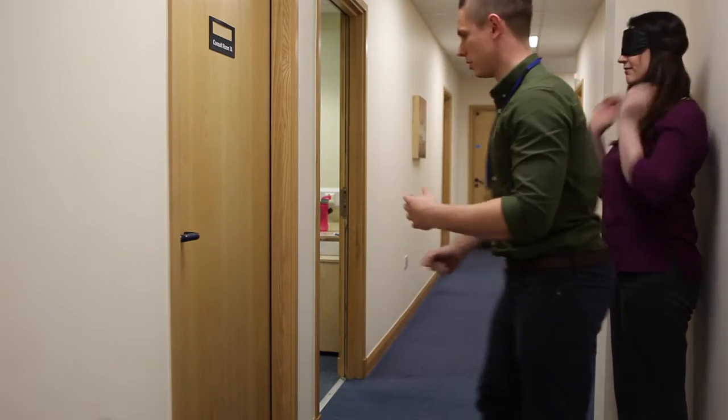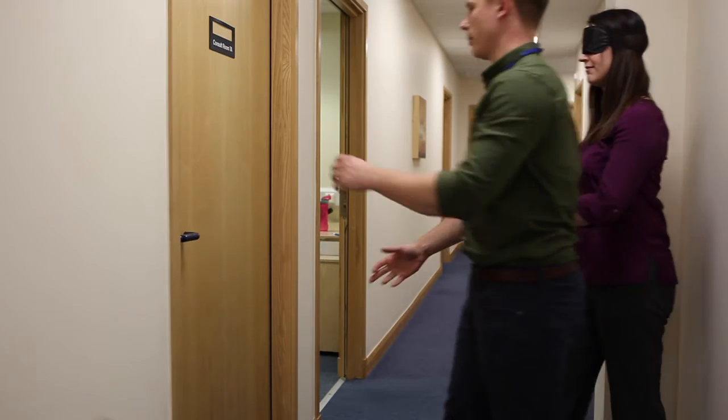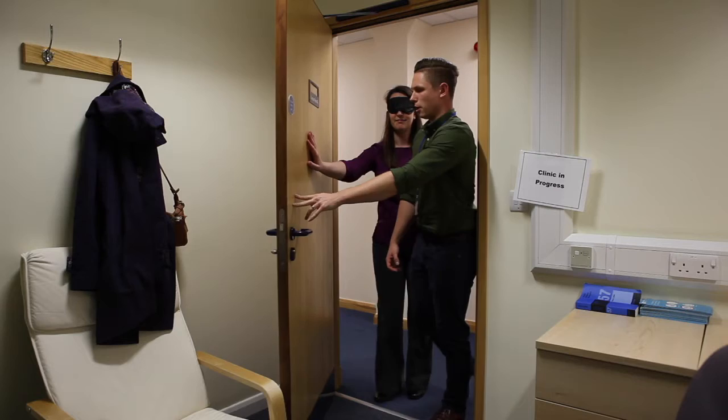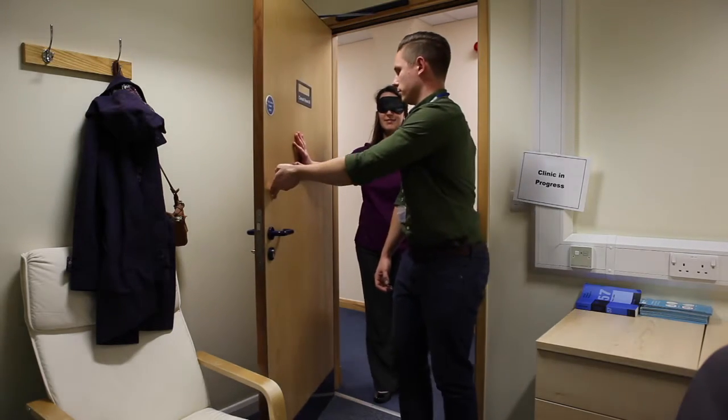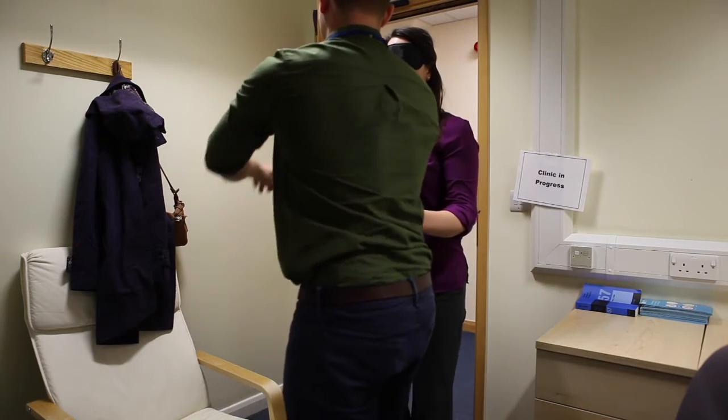So if you want to take my arm, okay, and we're off. So we're approaching a door, Emily. Can I reach your hand out for the door just in front of you? It's opening away from us. I'm going through first. Have you still got your hand on the door? Yeah. Okay, step through and feel your hand to the edge of the door and let go when you're